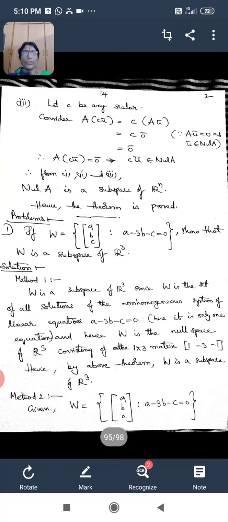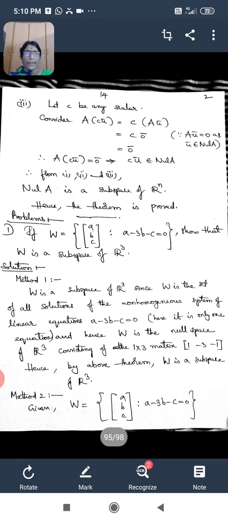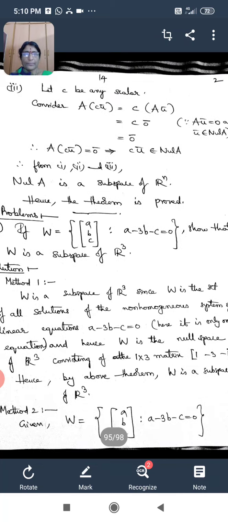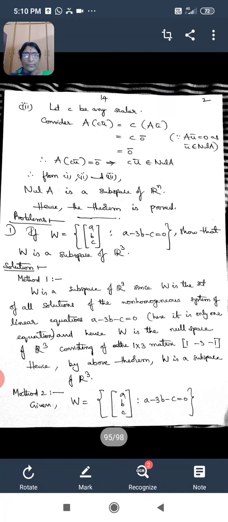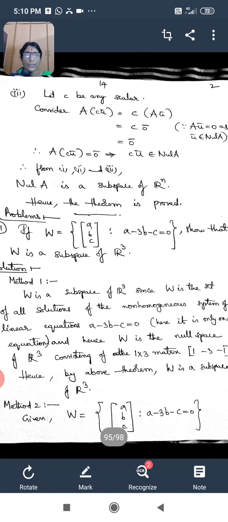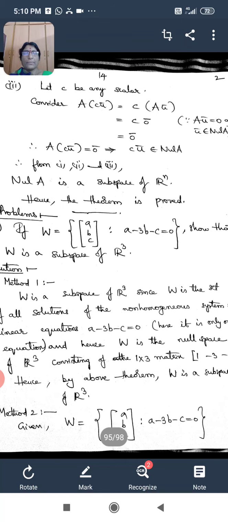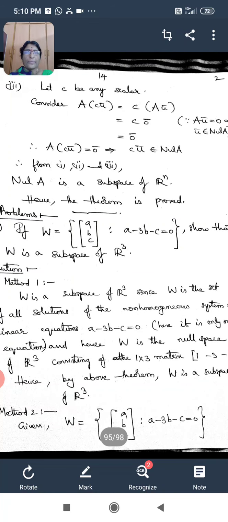Now let us move on to the solution, and as I said, I want to solve this problem in two ways. In method 1, I want to solve this problem by using the above theorem which we have proved just now. So see this method 1. Here I am directly saying that W is a subspace of R3. This is what we have to